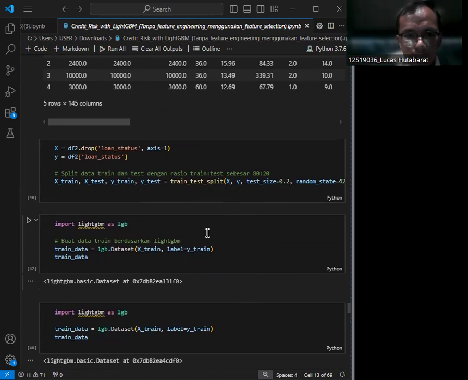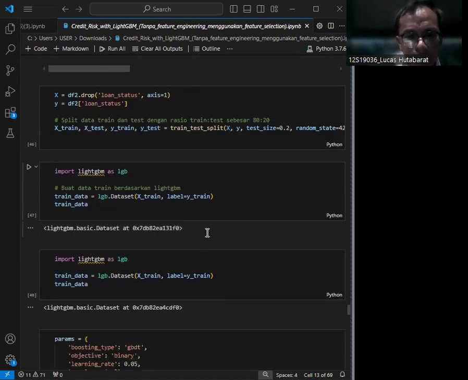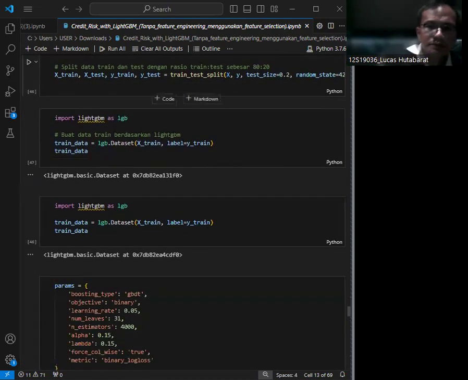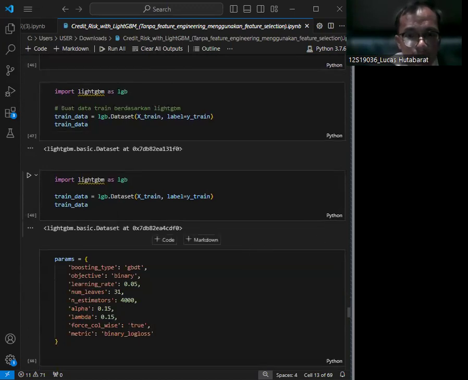Next, we train the LightGBM model. We train the LightGBM model on the training data with specified hyperparameters, optimizing for speed and performance.